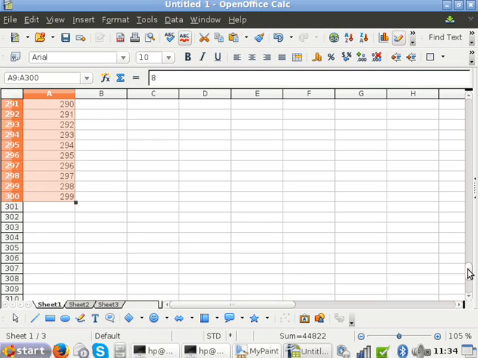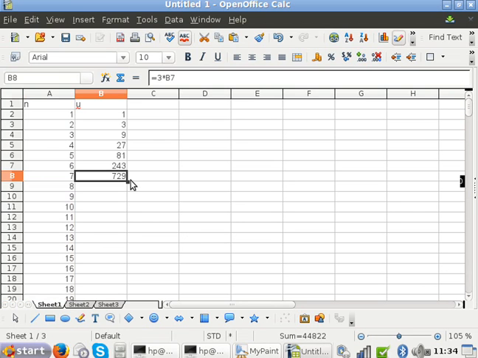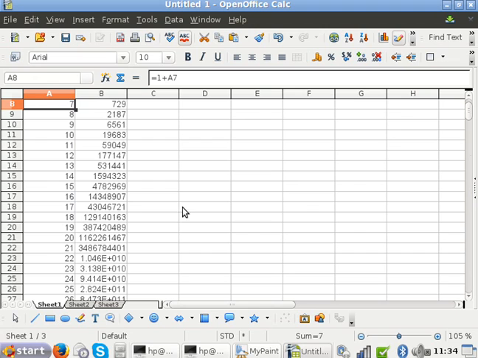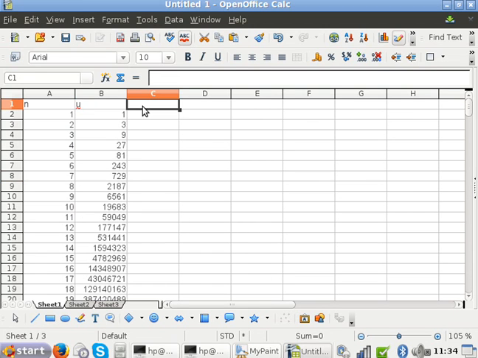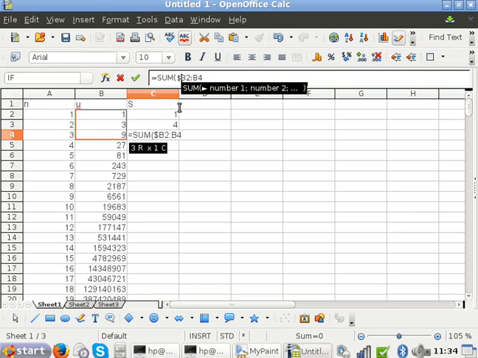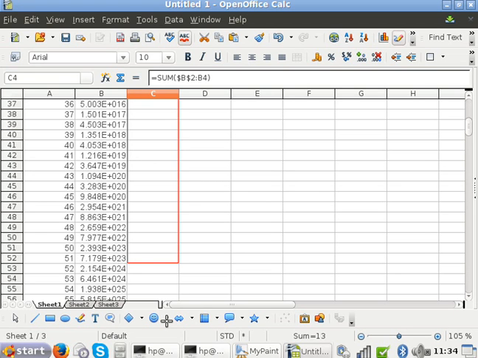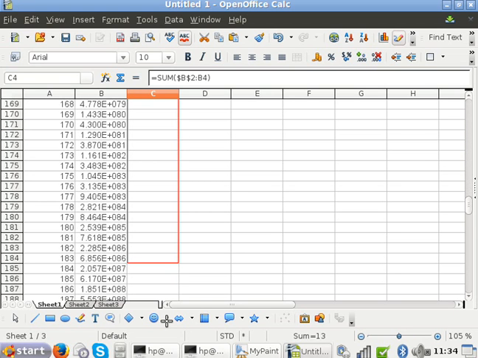300. Okay, and then we'll go all the way down. Yes, actually it is 299. And then here, that's u, and then here's my sum. So this one here will be 1, and then this one here will be 1 plus 3, and then this one here will be all of these added together. So 1 plus 3 plus 9 is 13. So if I go all the way down to